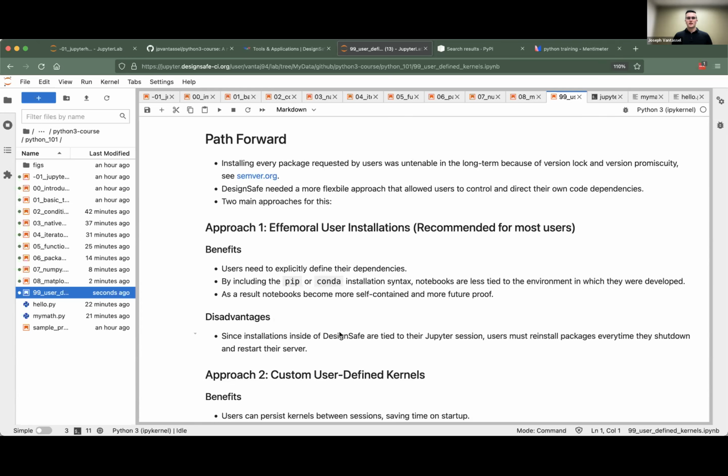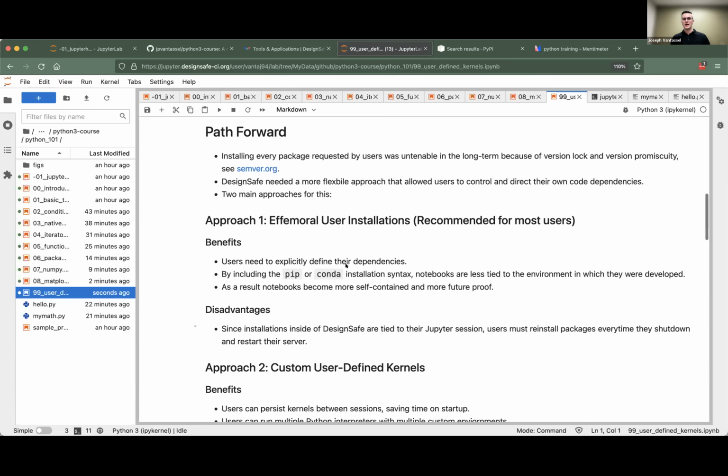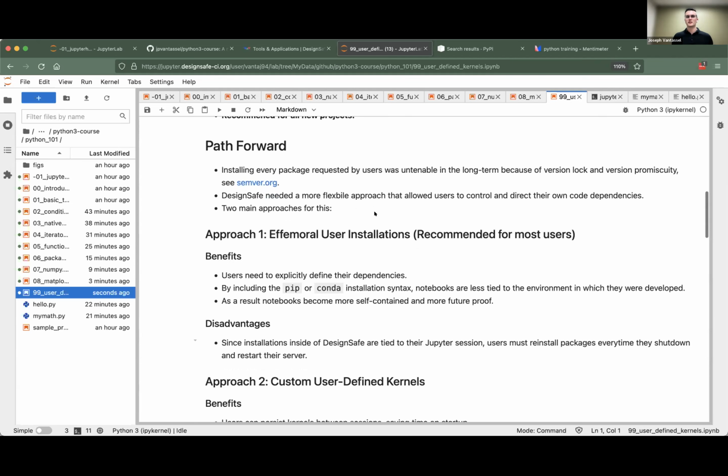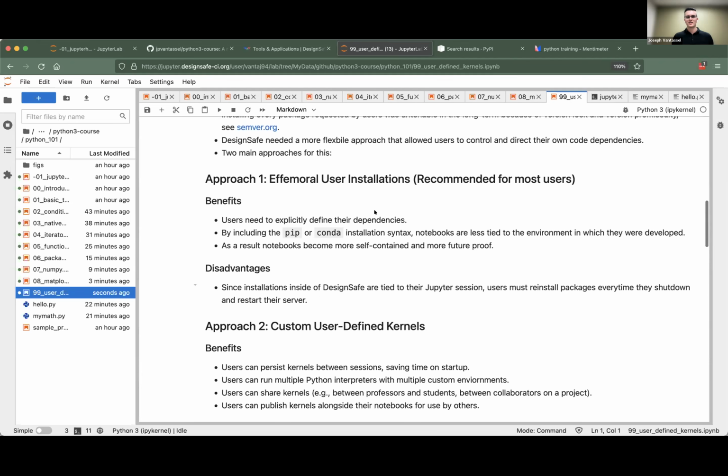DesignSafe. With that said, then the question becomes, well, the main difference here is the old image had all of these packages pre-installed, but the new one doesn't. So what's the path forward on that? It really became untenable to install all of the packages into the image, just because over time you run into these issues called version lock and version promiscuity. And if you're not familiar with those terms, this website called semantic versioning, or semver.org, has really great descriptions of those and what they mean and the problems that happen when you build software and try to use it over